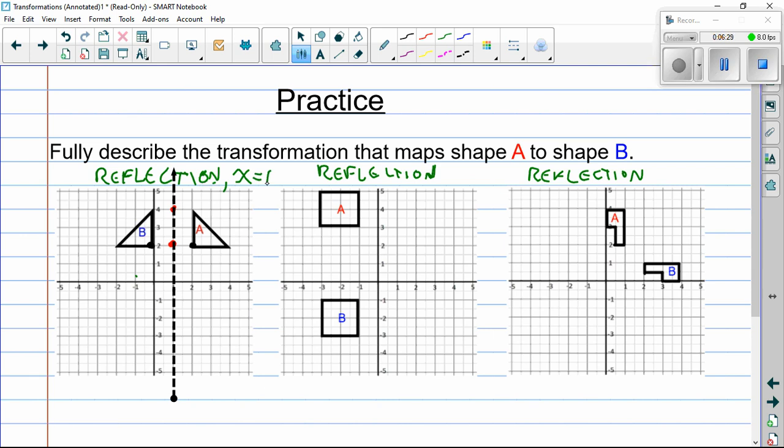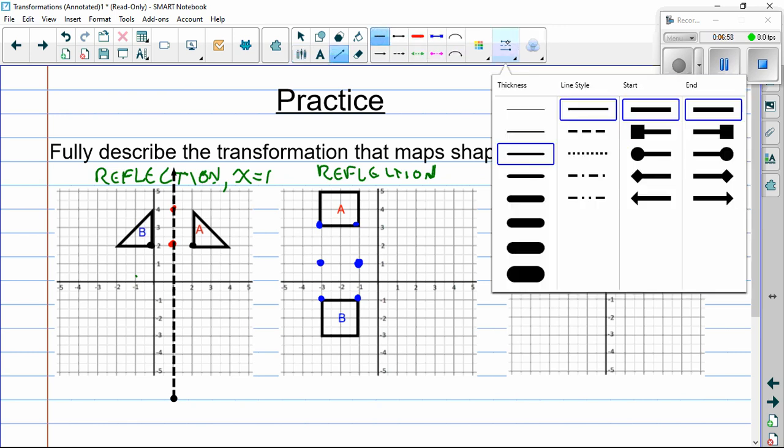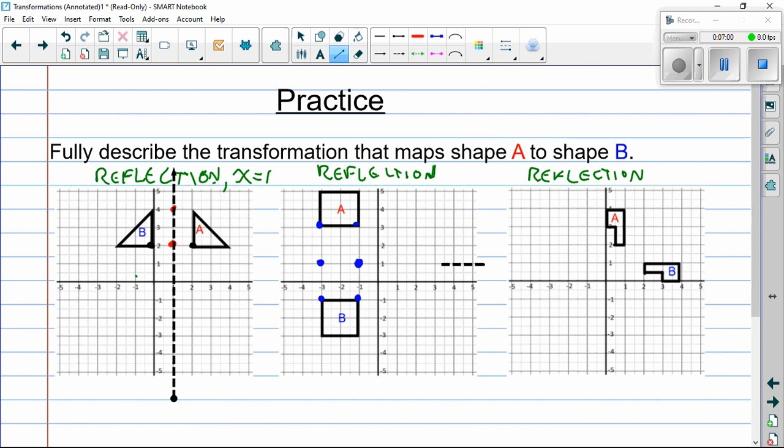Next one we're looking at is this one. So we're going to pick the 2 points that lie on both. Once again, I'm picking these 2 points first. So they're 1, 2, 3, 4 away. So that means 2 away from either side. So 1, 2. You can make a dot there. Next, we're looking at this point and this point, and it's 2 away as well. Now we have 2 points. We can connect them, find our line of symmetry,